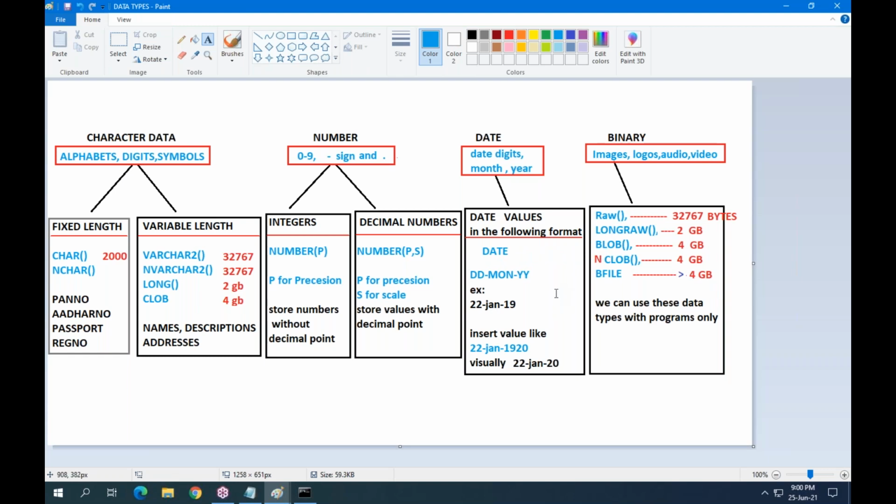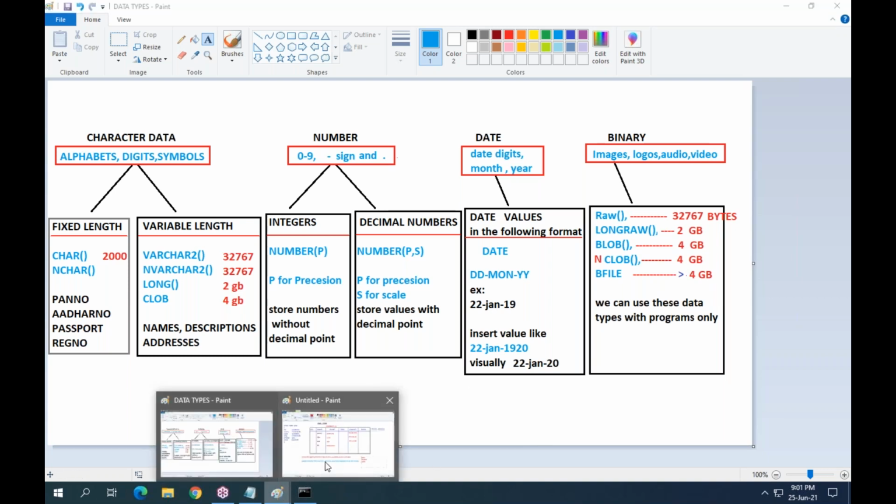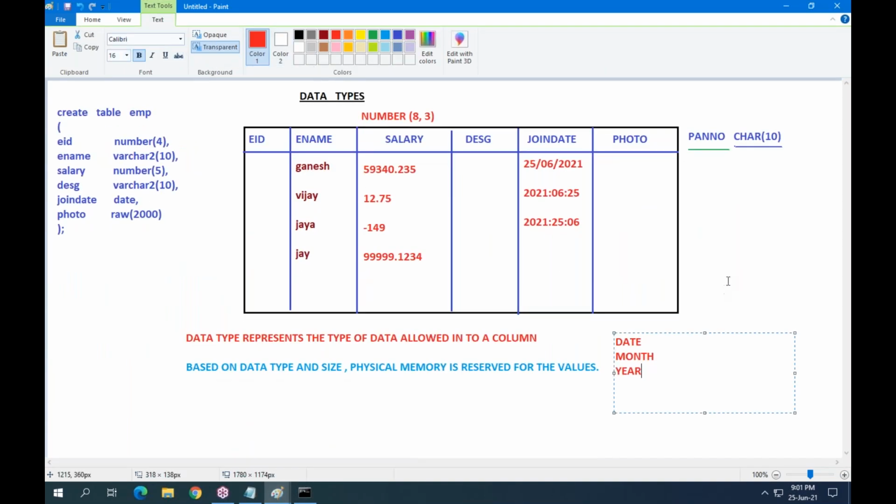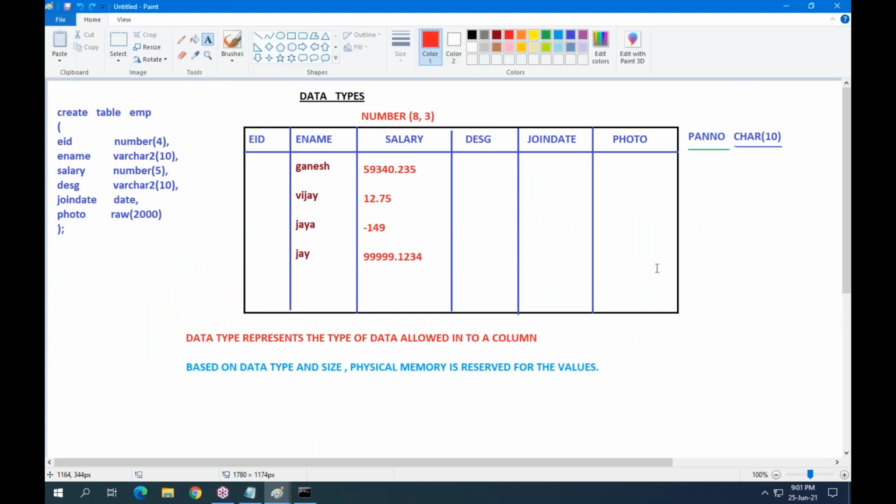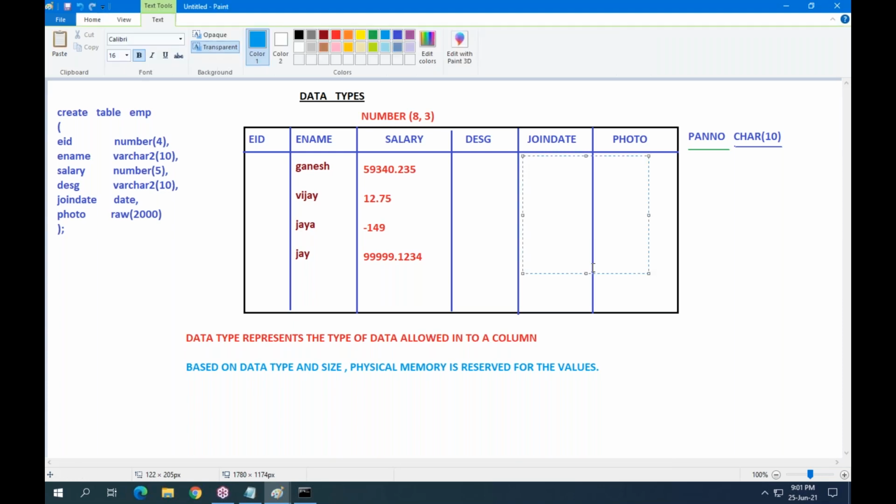Immediately you have a doubt: sir, you are saying 2019, why not 1919 or 1819? By default, if you enter a date value like 20 May 19, it is considered as 2019.